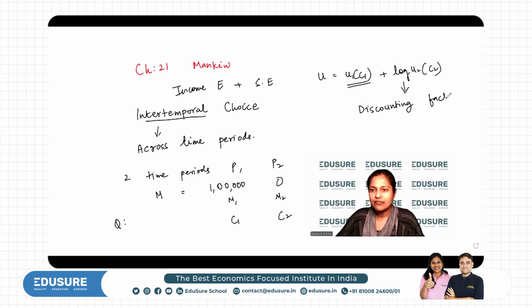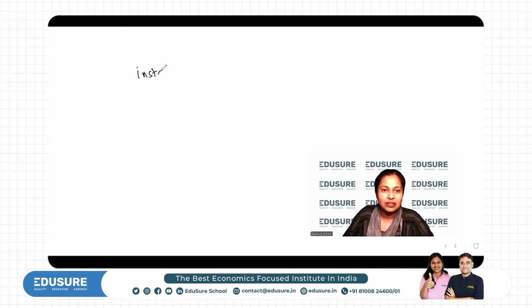What is the meaning of a discounting factor? Whenever we do economics, we say that a consumer always prefers to get results now. The preference is that I should have what I want today. If I want food, I want it right now. If I want to order that pizza, I want to order it right now. If I want to go somewhere, I say, I want to go today itself. People are impatient, and that impatience results in what we call instant gratification.